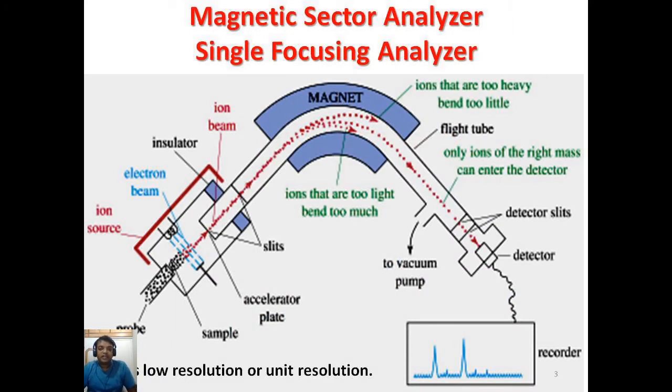This is a figure of a single beam analyzer mass spectrometer, and this is nothing but the magnetic analyzer mass spectrometer. So students, initially we start with the probe, where the sample is injected. Then it is vaporized, then the electron beam is there, and the bombardment of electrons takes place. These molecules come in contact with the electrons, and hence the molecules are converted into cations, anions, radical cations and radicals.